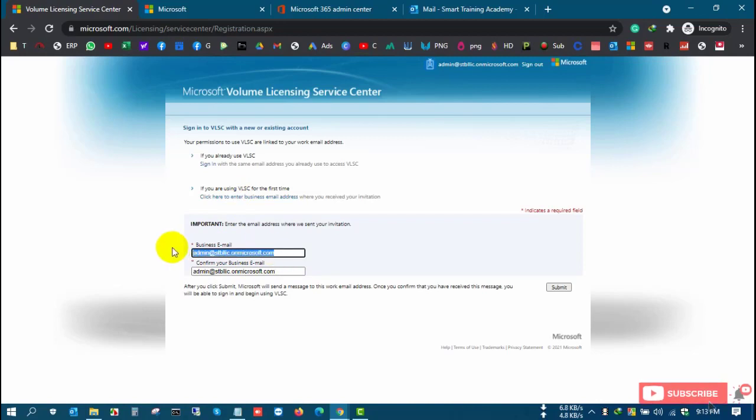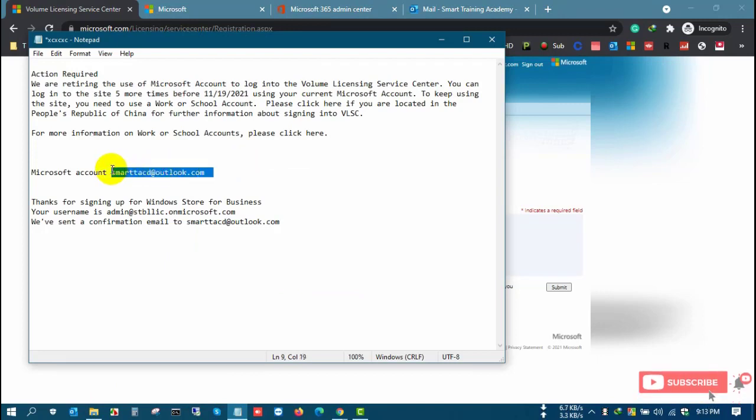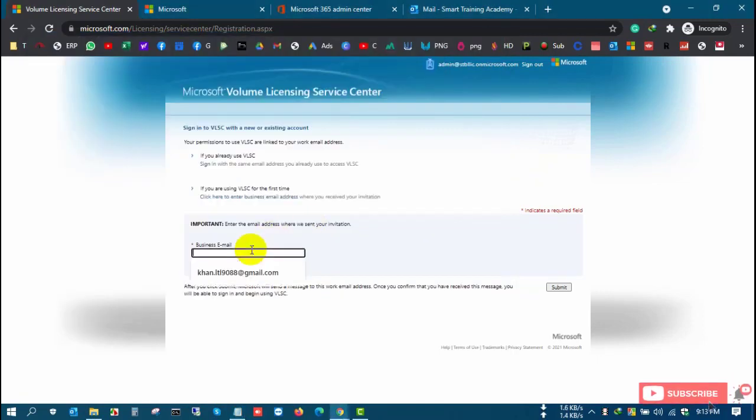On this page you need to verify your primary account. Outlook is my primary license business mail ID, so I input it and confirm.